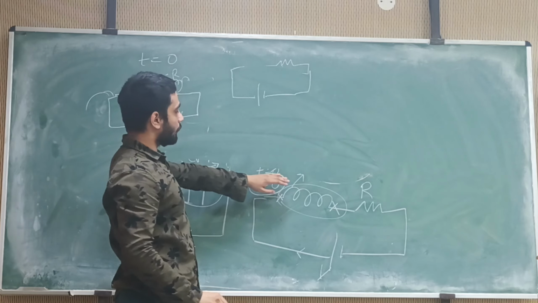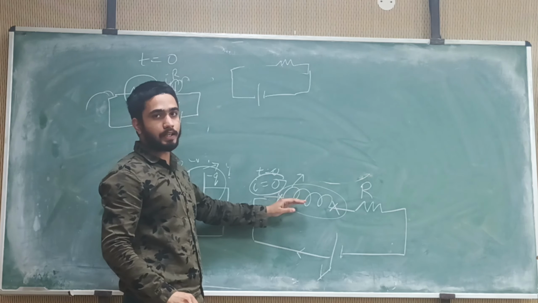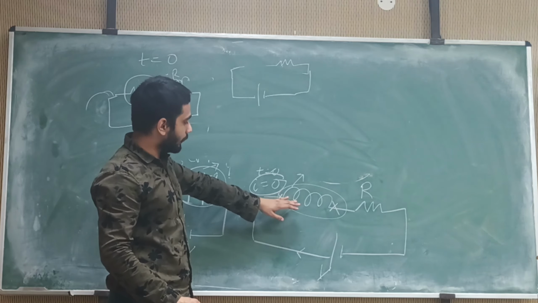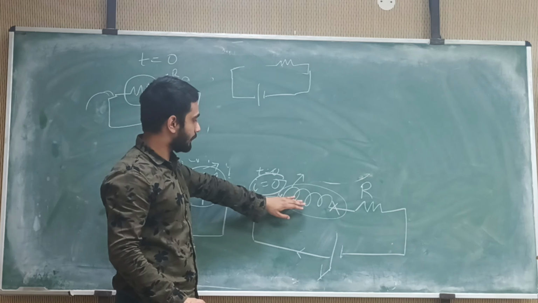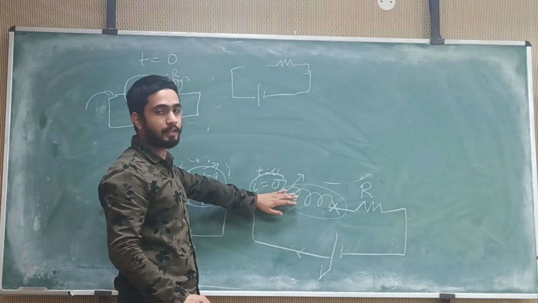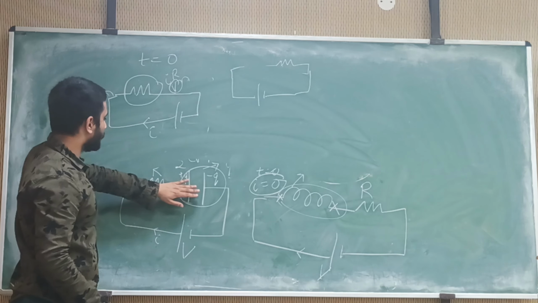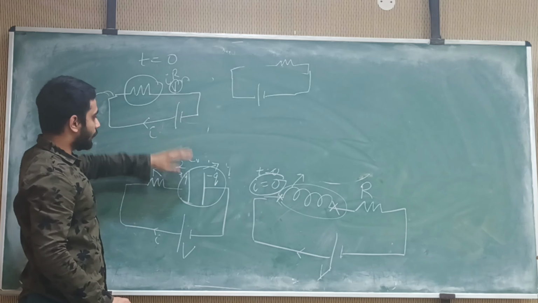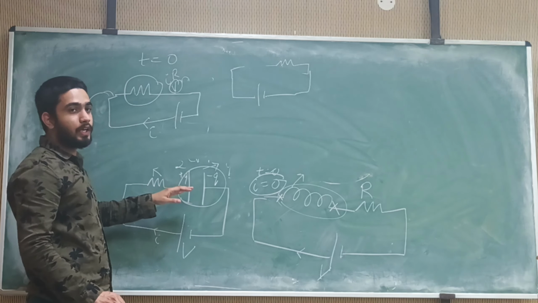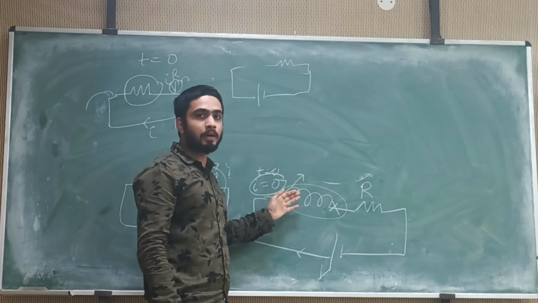Because it will be having zero energy, and it is also resisting, the inductance as a property will be resisting the current flow at time t equal to 0 when it has zero energy. But in the case of this RC circuit, what will be there? It is just like a wire, or it has zero resistance.